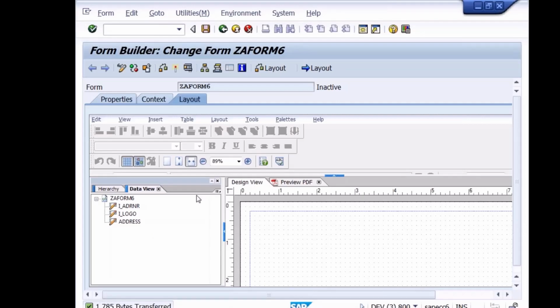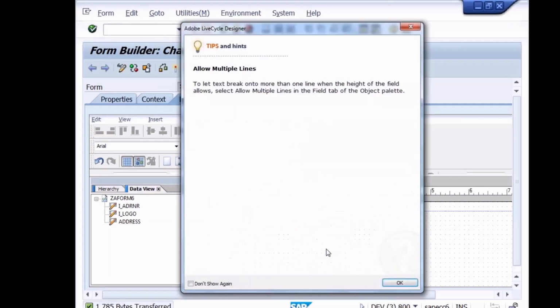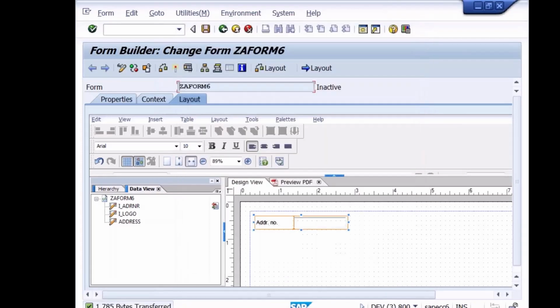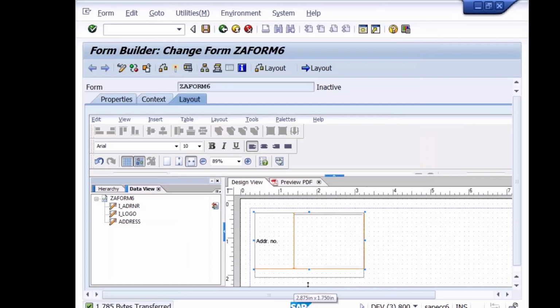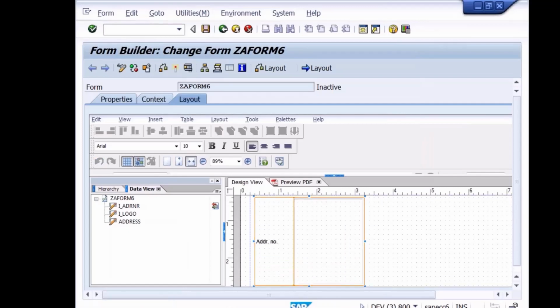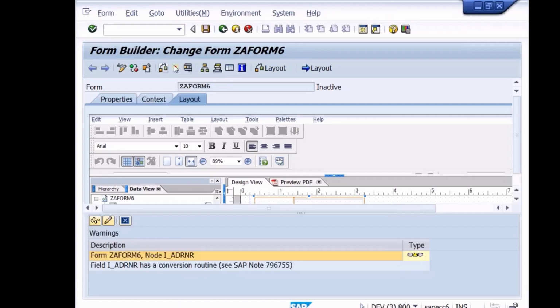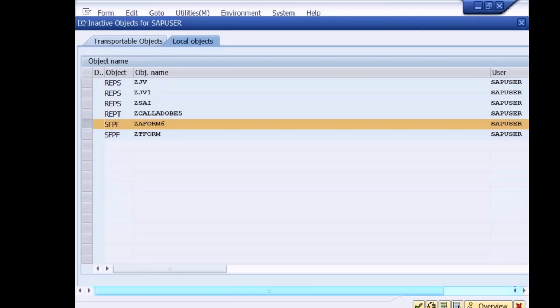Okay, so this is address number, I'll just drag and drop. This address number, done. Now let me extend this because address might contain house number, street. It is asking, do you want to allow multiple lines? Yes, I want to allow multiple lines. Why am I expanding? It will contain name, house number, street, city, pin code, might be all those information. That's why I'm enlarging it. Done. Let me save it. So what I need to do is check whether we are getting the address number or not.